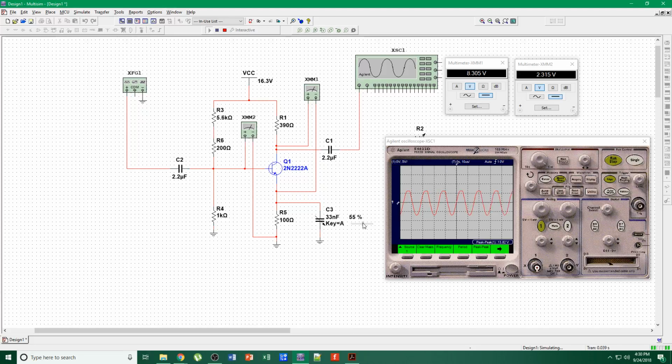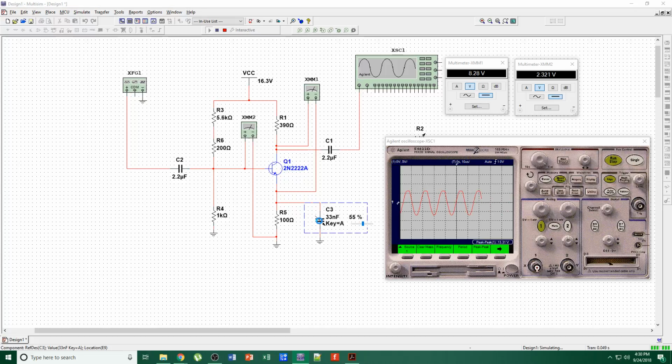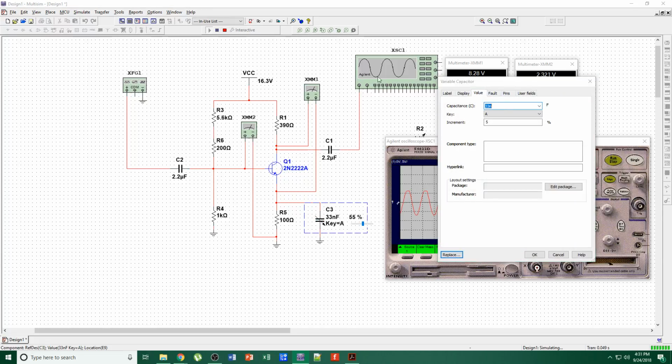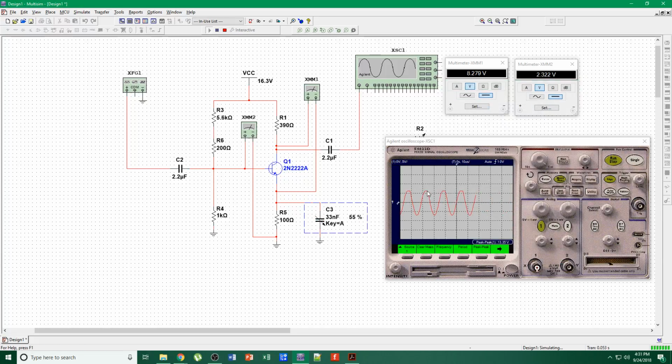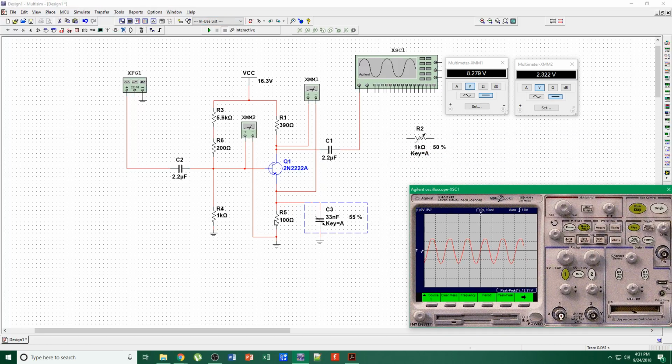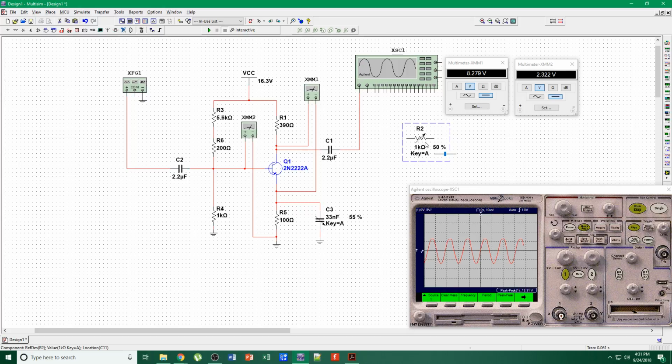So at 60% of 33, it begins to skew up here. Could be a possibility that it needs to be replaced with something else. So I'm going to take this out, take the 100 ohm out, put a variable resistor here,